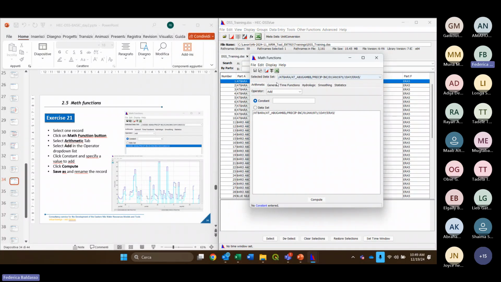and I keep the arithmetic tab, and from the operator I select the add in this case. For the add function, you have to specify a constant, so a value that will be added to all the values of the records. Let's try to add 5 to all the precipitation records of this data set. Let's click compute,